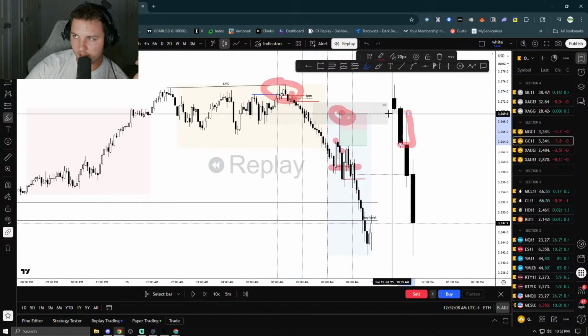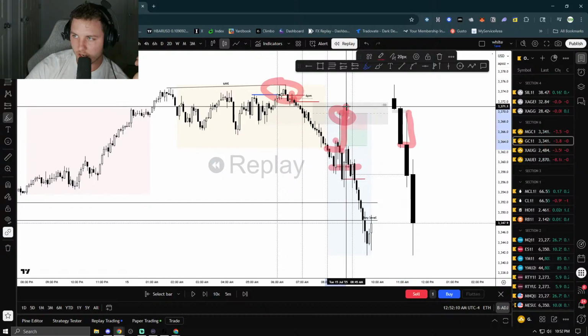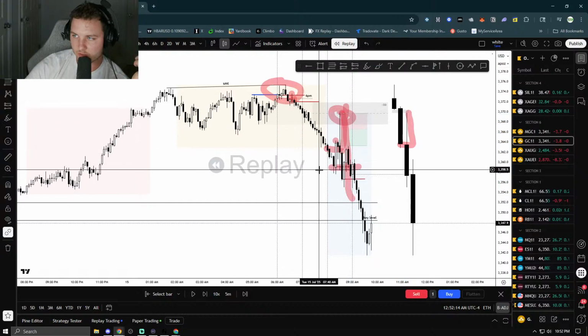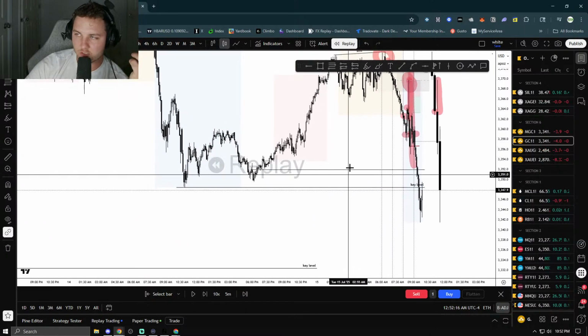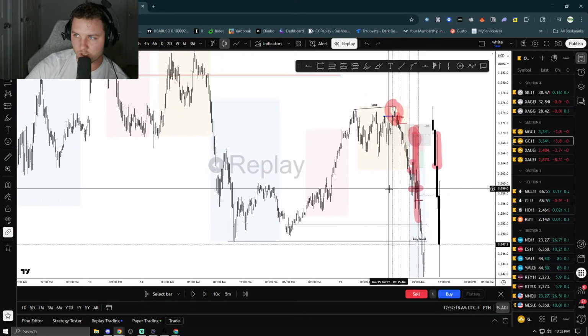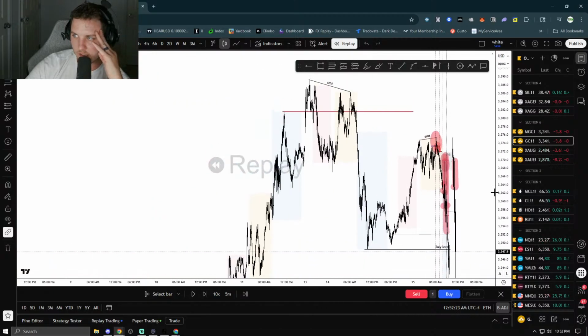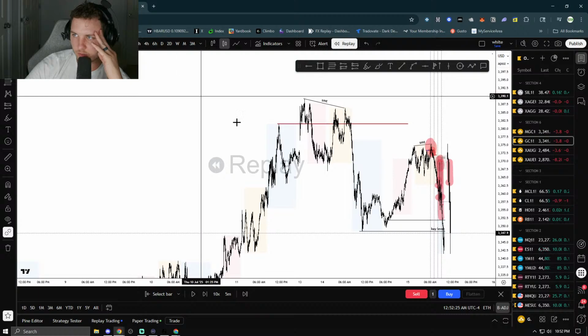We open high into PD arrays to displace away from. Obviously, I knew this was going to work, but this is the framework. And this is the daily, right? If we go back to hourly,